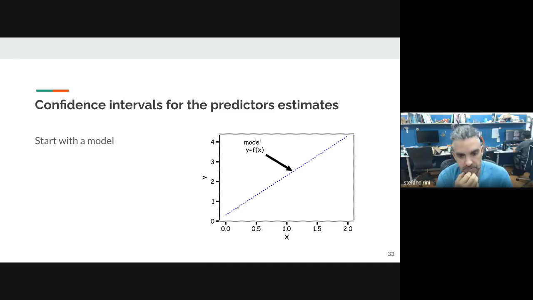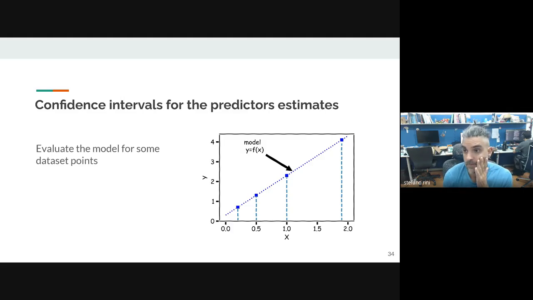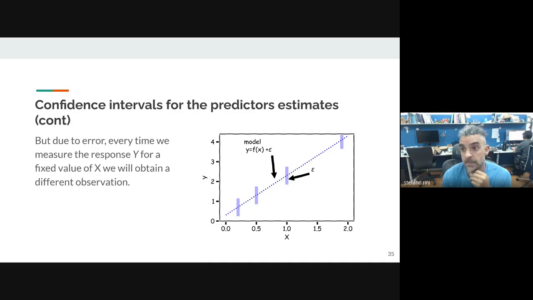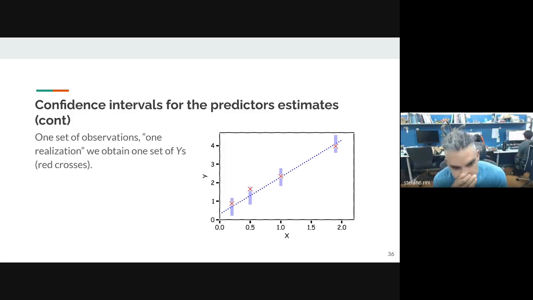And how do we do that, okay? A very significant question here. Let's say that somebody gives us a model. What we do is evaluate the model for a certain set of points in the data set, and then we can see what is the error made by the model for these points. But this is only part of the struggle, right? Because what we see is the realization of the error over a certain subset of the points. We don't see a distribution, we just see some raw value.